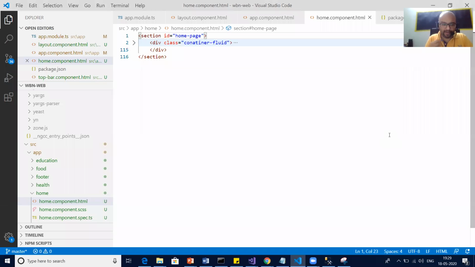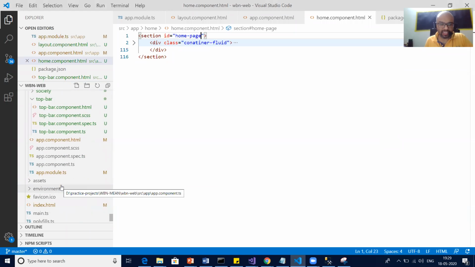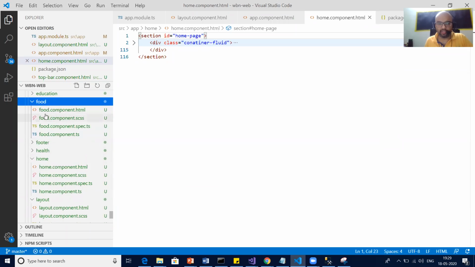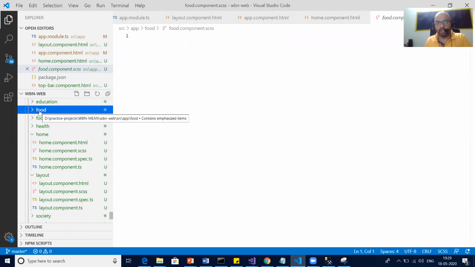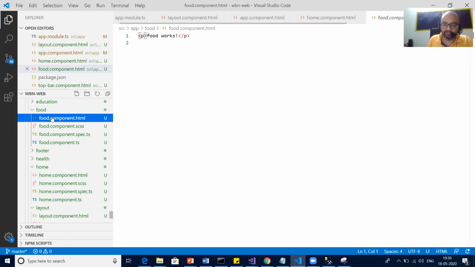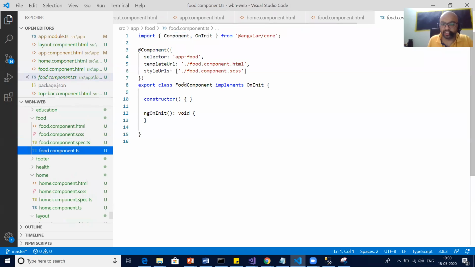So first of all, I just put the simple carousel over here. Now it's your responsibility to decorate it, design it, which means apply meaningful Bootstrap classes. As of now, I'm just putting it simply in food TS, correct?